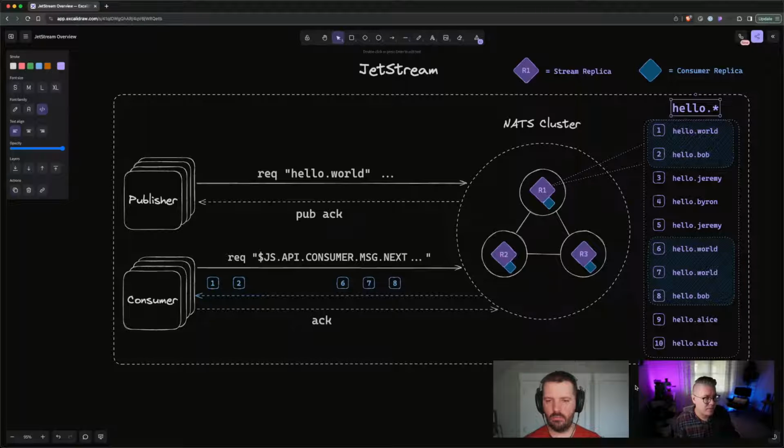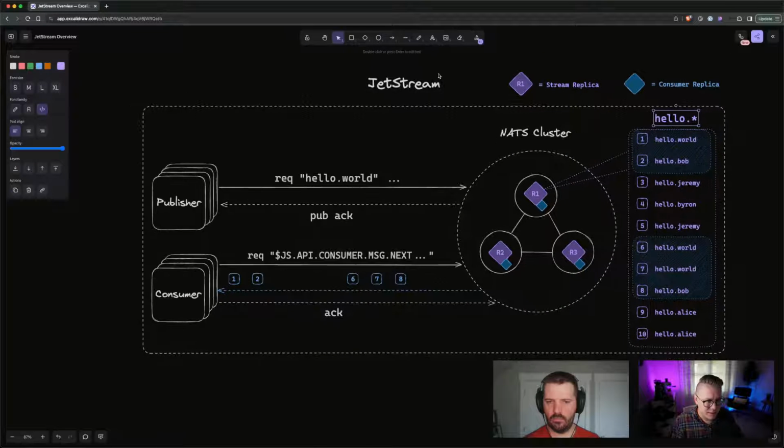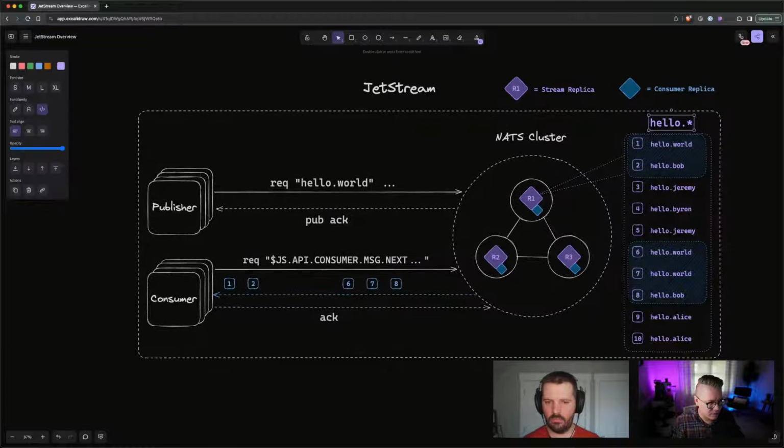And so at its core, that's kind of how the internals of Jetstream works. We have this concept of a stream, we have this concept of a consumer, and we're able to utilize those to persist stuff on disk and create this more durable way of handling messages and events and things like that. Now, where this gets really interesting, and I think where we've really evolved a lot since launching